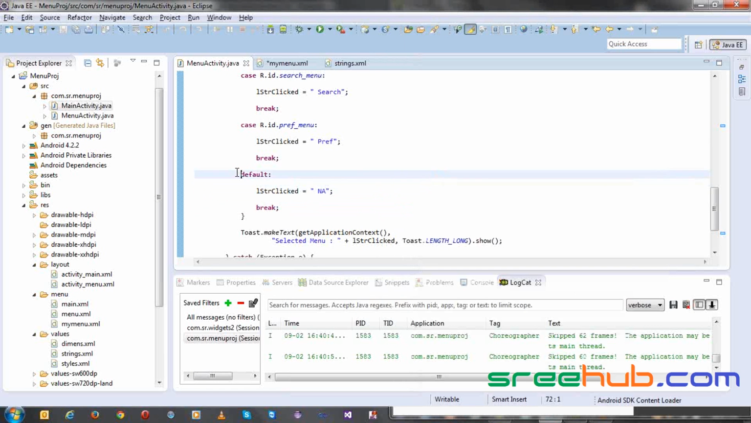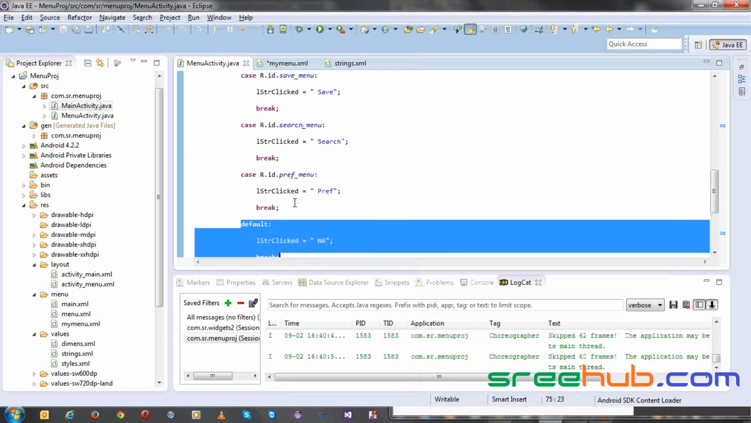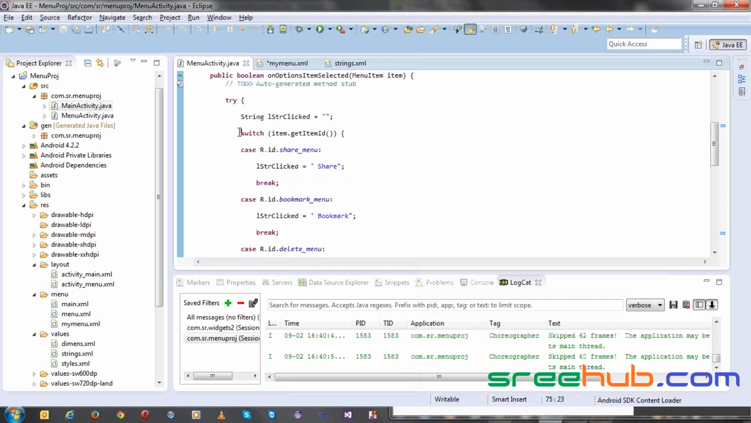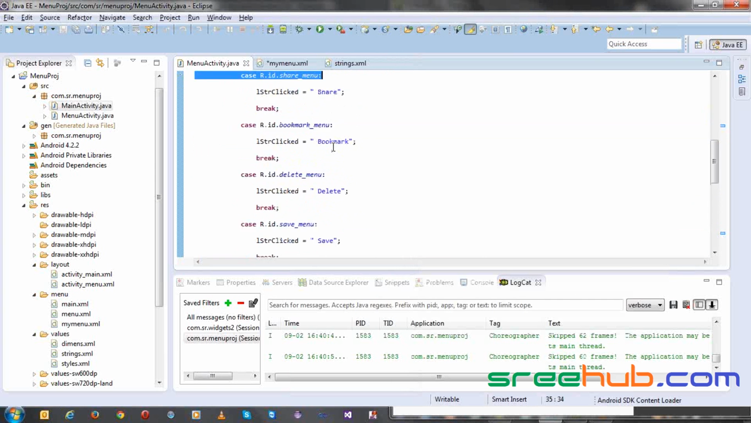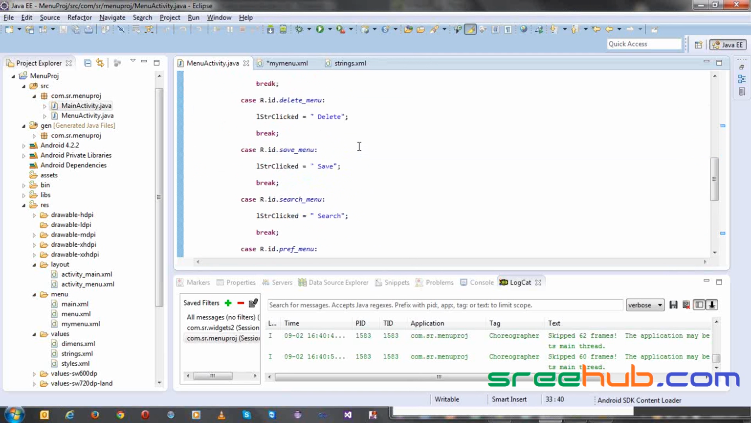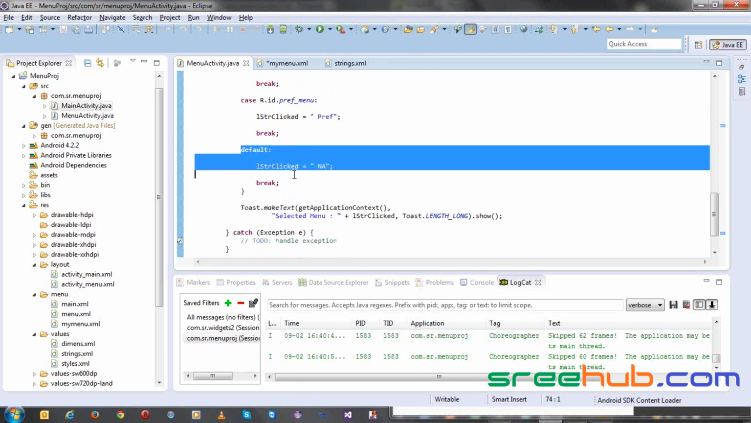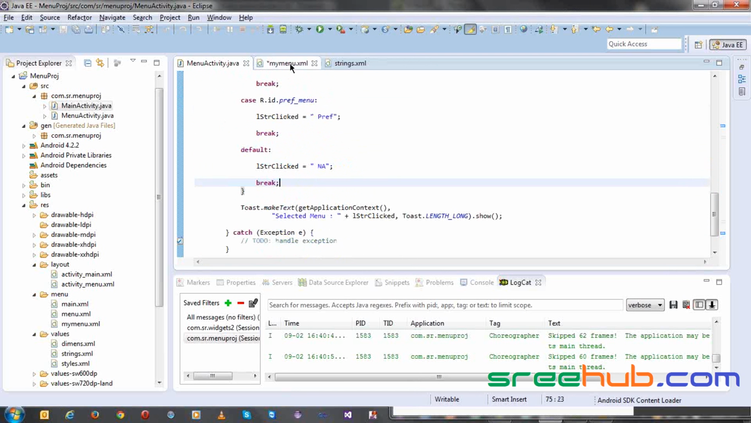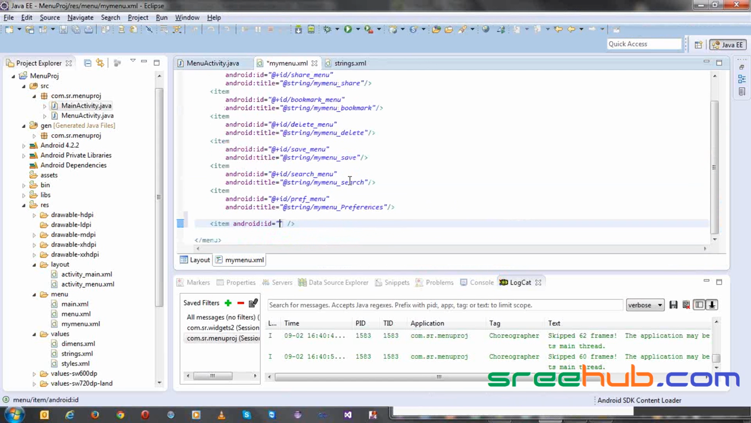No. This default is something you have to handle in your switch case. That's it. It doesn't have anything to do with Android. It's a pure Java thing. You have to have a default case for your switch. It will never be triggered normally, so don't worry. So here ID, let me take it as